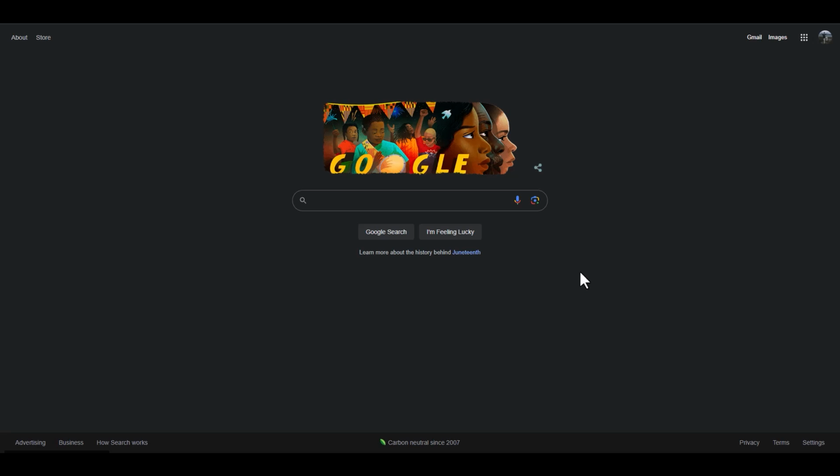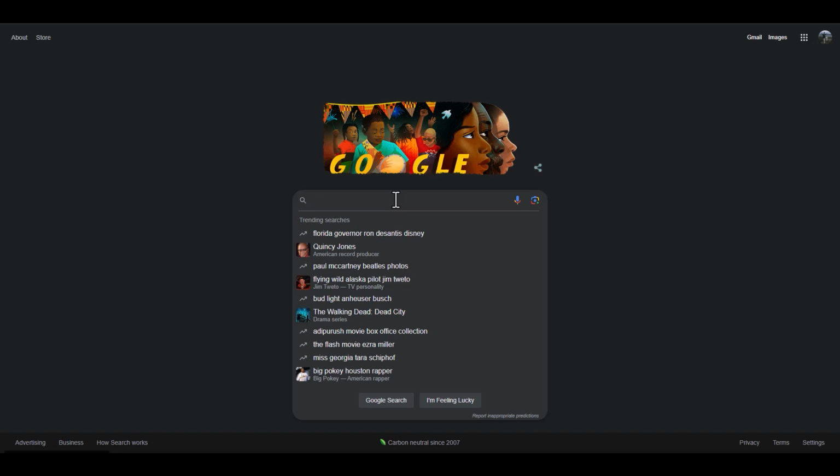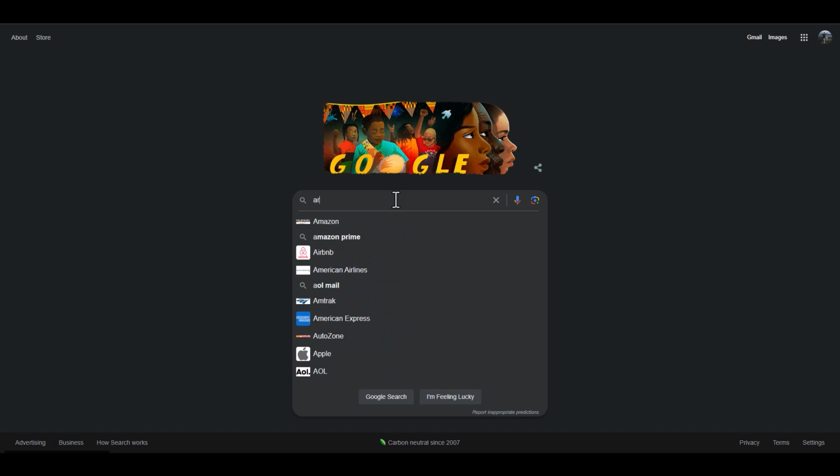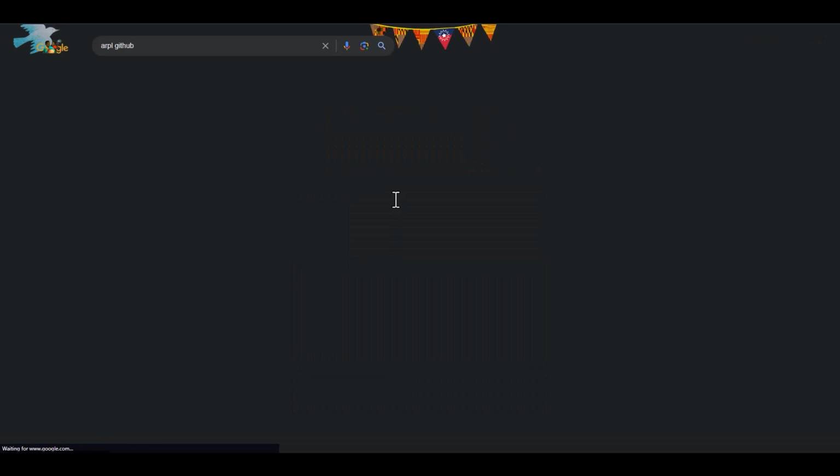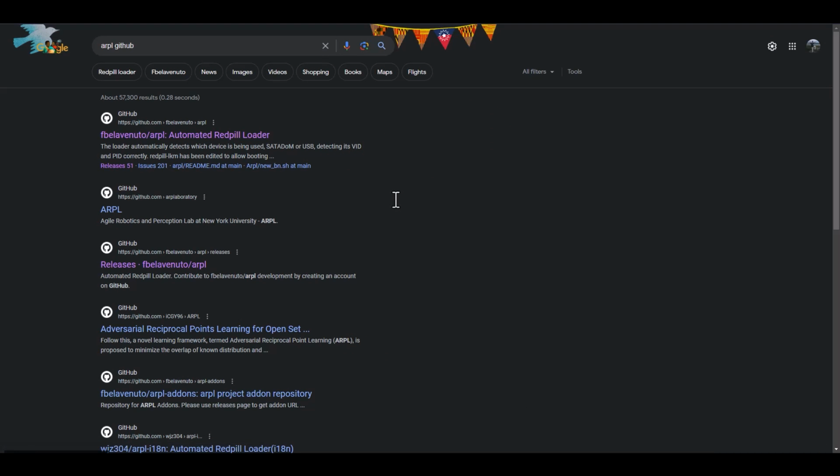The first thing that we need to do here is prepare our USB drive that we're going to use to boot the system from. So for that, we're going to go into Google and we are going to type ARPL GitHub, because the automated red pill loader is found in GitHub in a repository. So it's the first one here that we see, FBE11 Nuto ARPLs. We go here